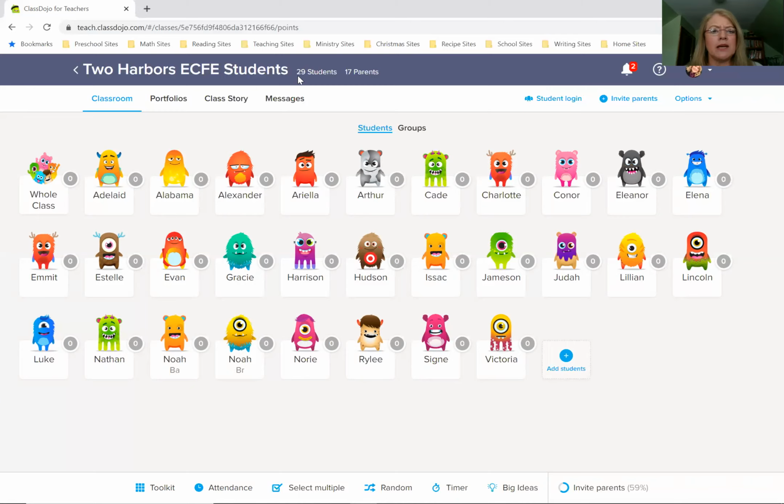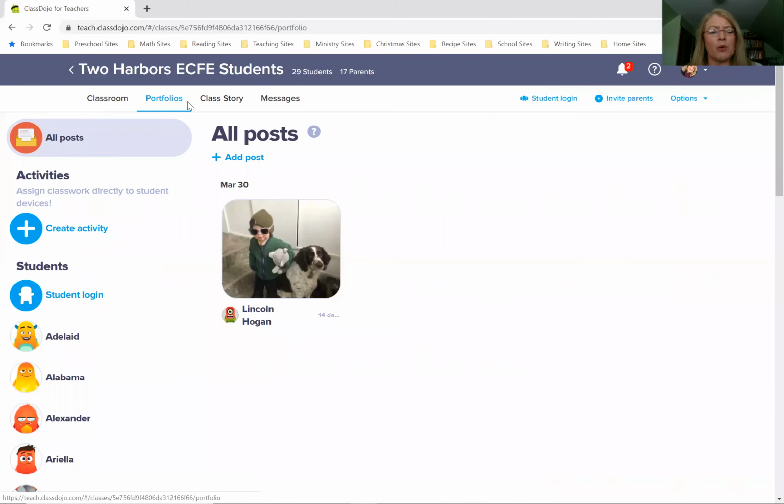You are the parent. Here is just a little tiny example of a portfolio. A parent sent this picture in for their child as we were taking pet pictures, along with some texts. Now, it got a little complicated from there. If you send it or post it in your portfolio, teachers can snag it out and post it to